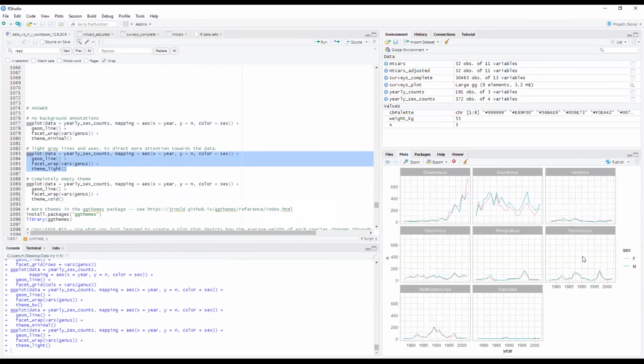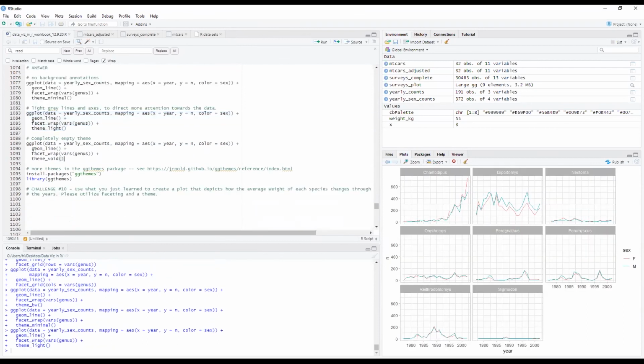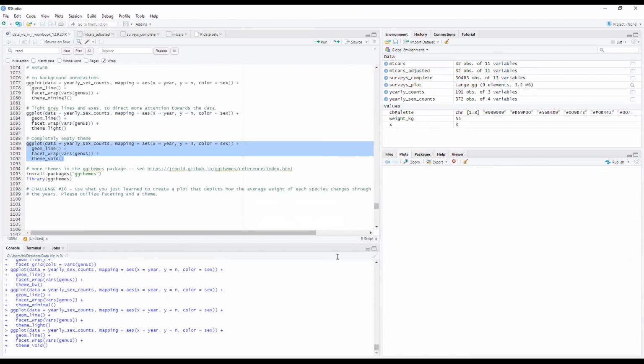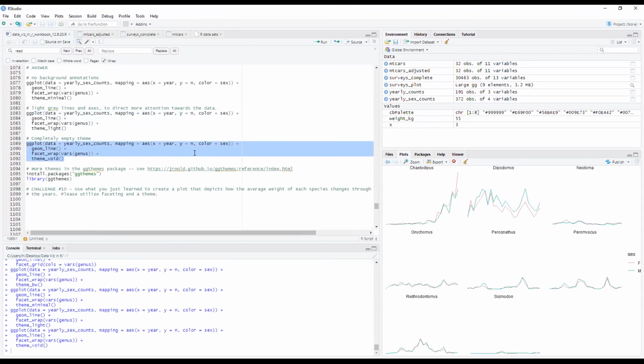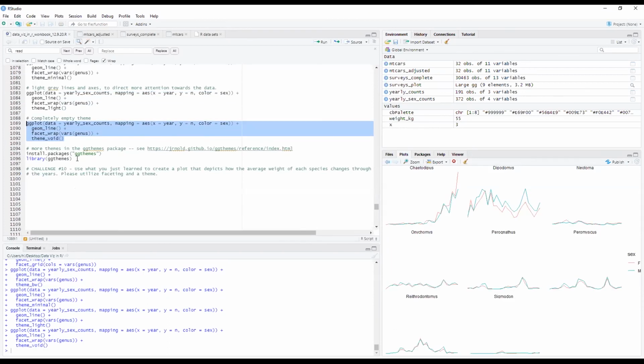Here's theme_light. Here's theme_void. So nothing. There's a lot of different ones, and then there's more themes in this package. So hopefully you know how to install packages. You can install this ggthemes package, load it up, and utilize the themes that are within it.